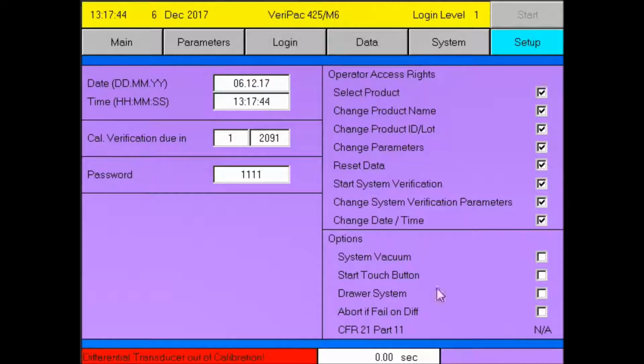And then we also added some of the options here that were in the PTI screen so far. System vacuum means we have a regulator, not only a vacuum pump. Start touch button, that's for a test stand. The leak tester needs to know if we have start touch buttons, or it's a drawer system,